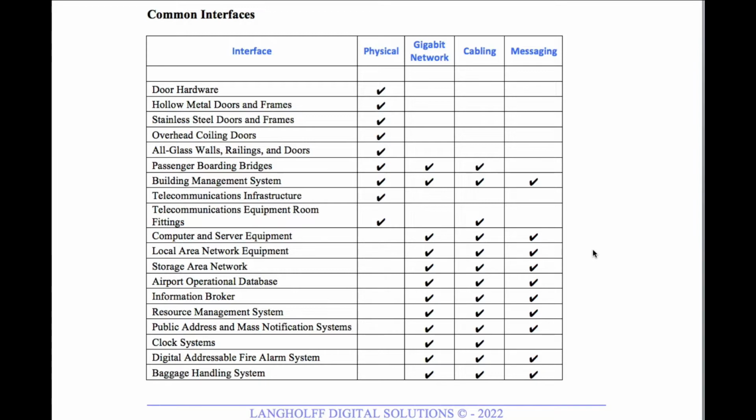With regard to the gigabit network, sometimes the access control system server will talk to other servers. That's why you have a gigabit backbone network interface.